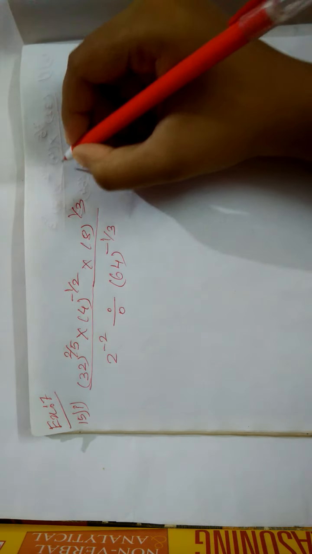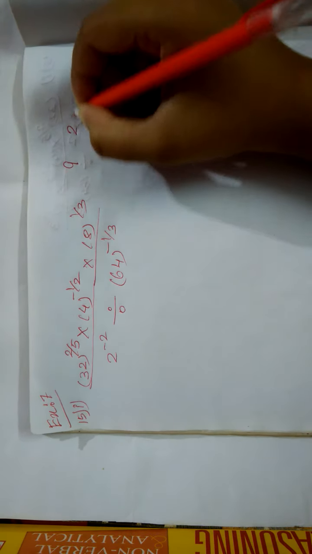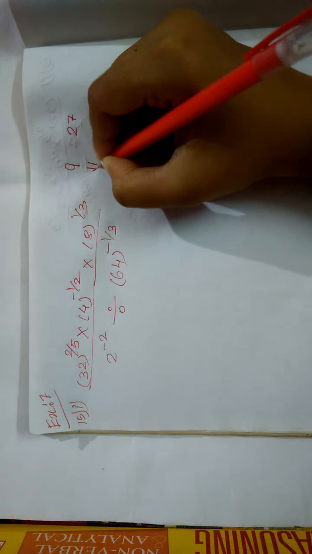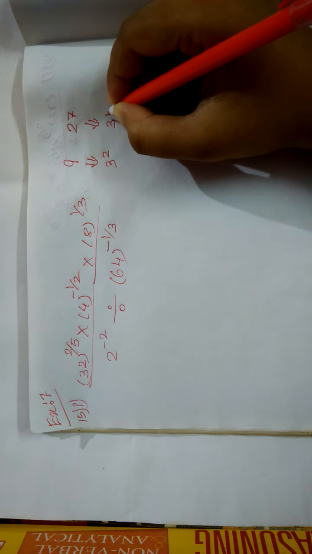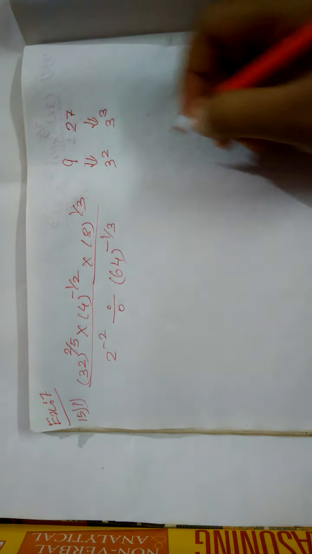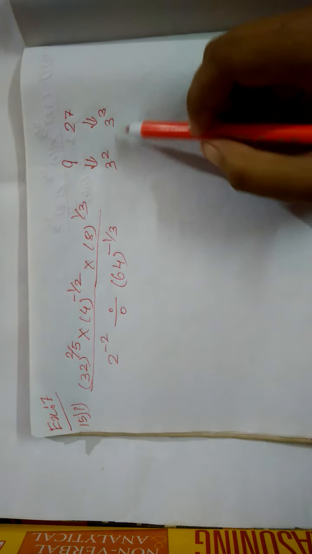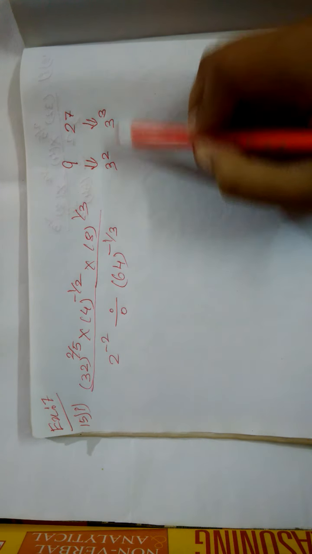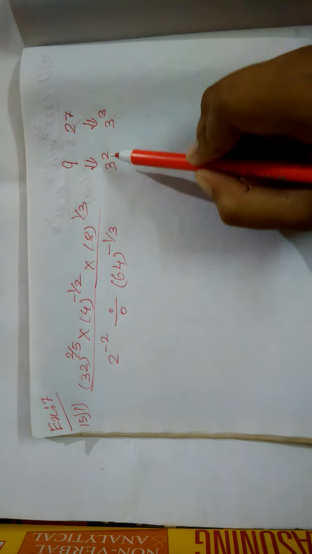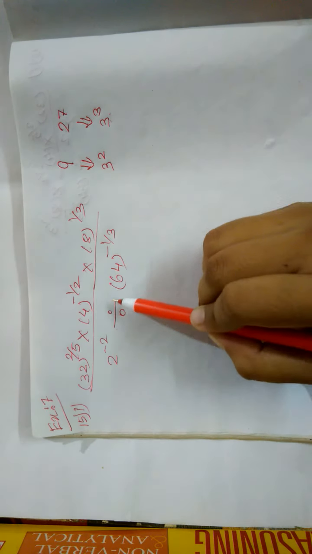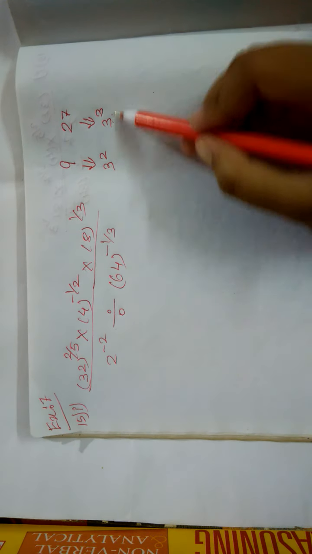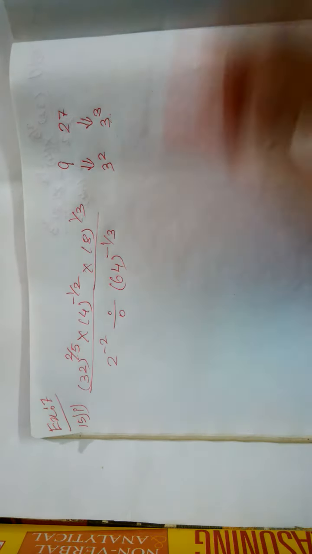See, if you are given 9 over here and 27, you can write 9 as 3 squared and 27 as 3 cube. See, in both the figures, the bases are the same. Now this is our motive behind any sum of indices. Now we will try to relate this concept in this sum.